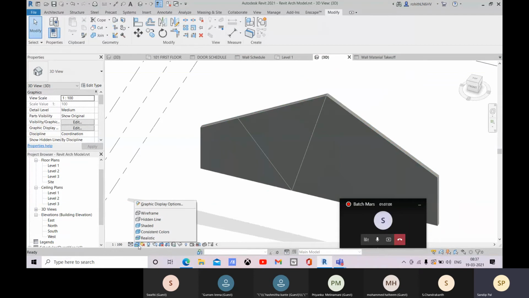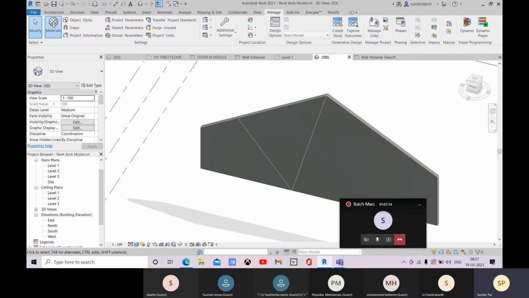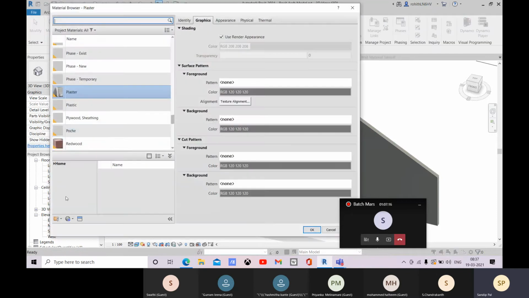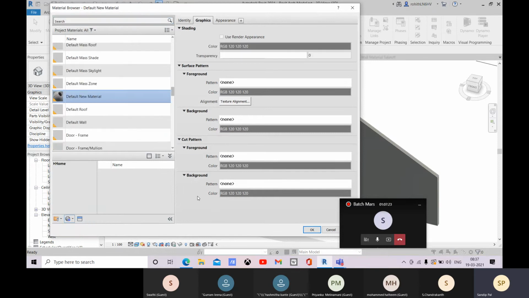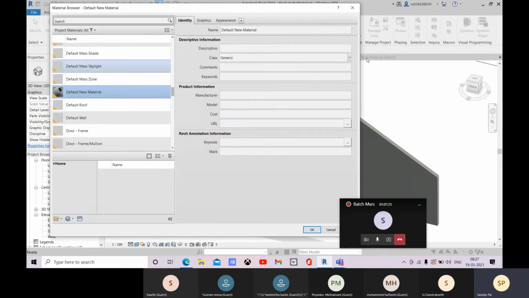Nothing is applied. So better you go for this manage materials, and there you create some materials over there. So let me create a new material. So that will be paint.